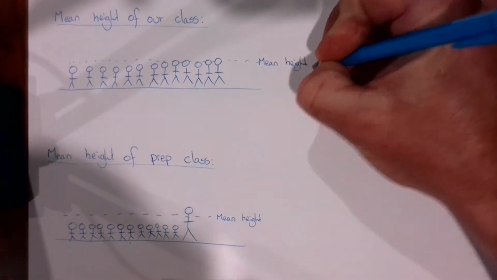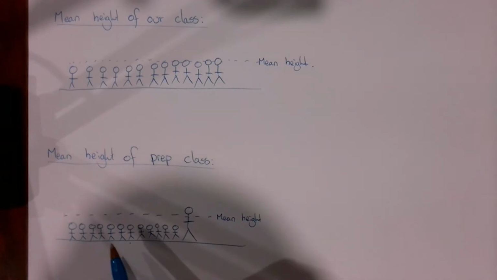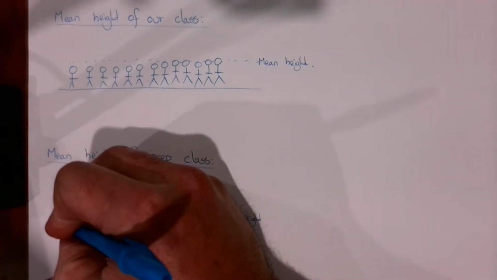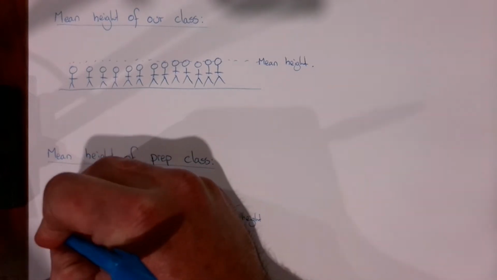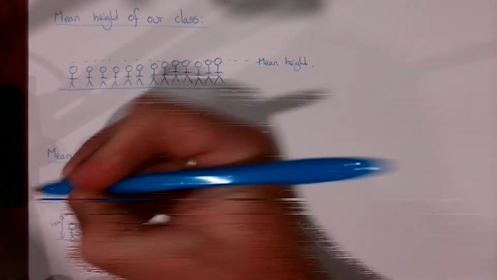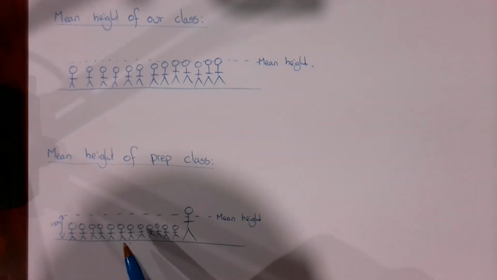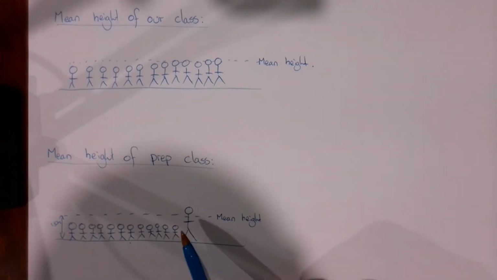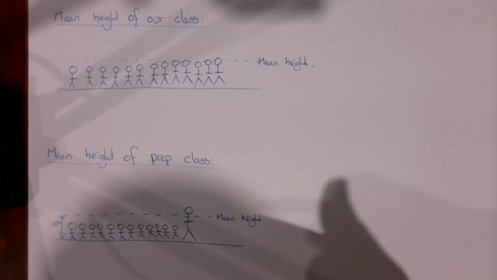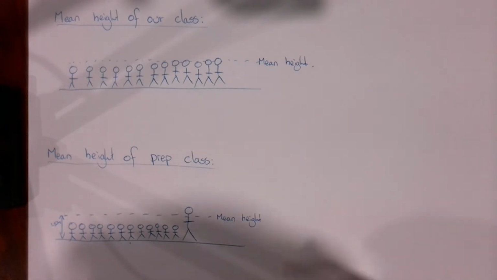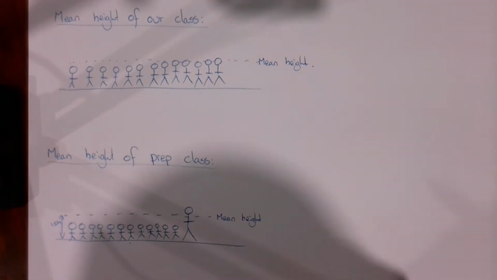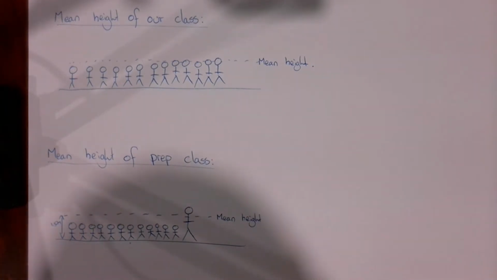So if someone asked what the average height of this poor class in prep was, and it turned out that they were 1.5 meters because of me, they would all seem quite unusually tall. So this would be a poor measure. What we'd choose to use instead is one of the other tools that we've got, either the mode or the median, okay? So in this case, I would suggest the median would be a great choice, because I'm what you